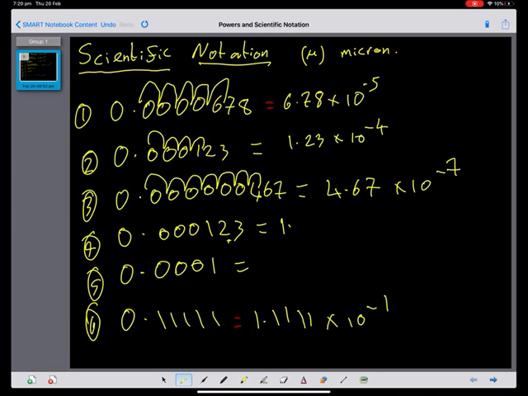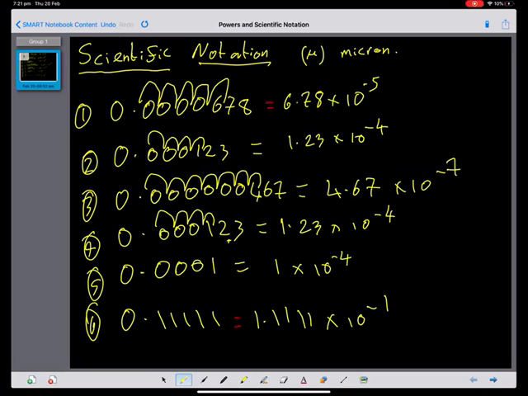Okay, we've got 1.23 times 10 to the minus 4. And then we've got 1 times 10 to the minus 4. Okay, so hopefully you're able to write really small